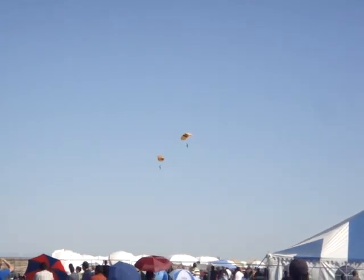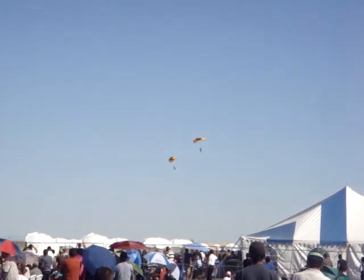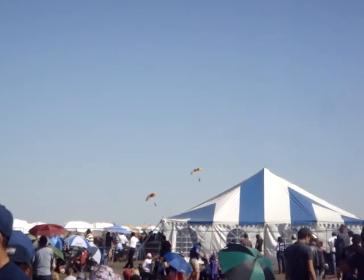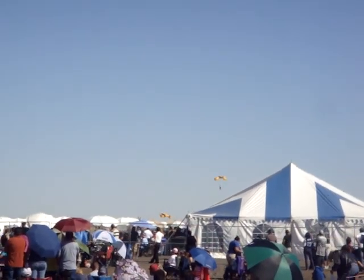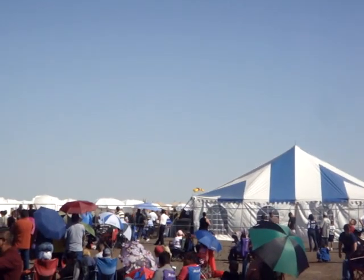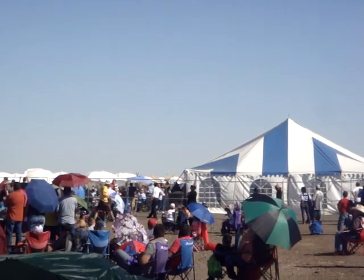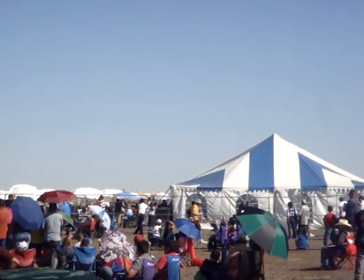Each of these jumpers is a soldier first, highly trained in one of the Army's more than 150 occupational specialties. Many of these offer the latest in high-tech training. Watch as we have 1 and 2 Golden Knights stand-up landings in the target area. Ladies and gentlemen, this concludes our first performance for the day. On behalf of the entire